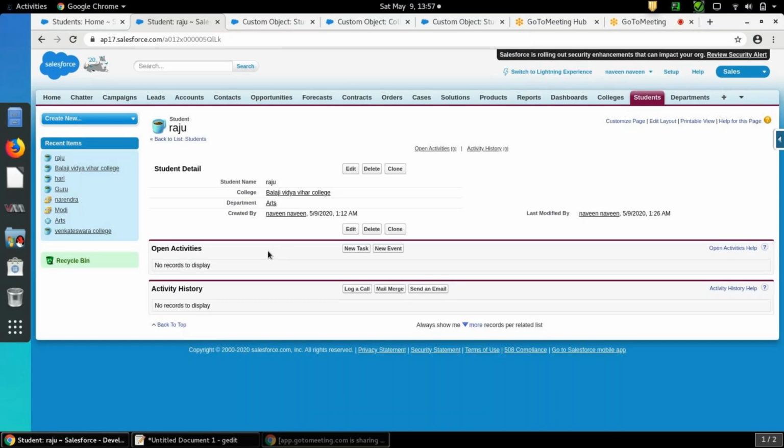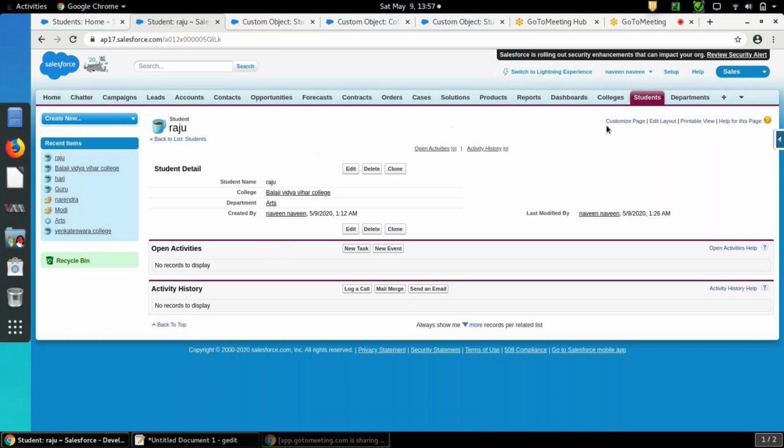So suppose I have hundreds or thousands of records, in that case what will you do? In that case we have to use data loader. The data loader concept I will explain in my upcoming sessions. So what we will do is export all the data from here. You have to export both objects' data into CSV files and map the fields over there. Then we can import into Salesforce again. Then we can change the field type to master detail. So in this scenario, I have only three records, so I have manually edited.